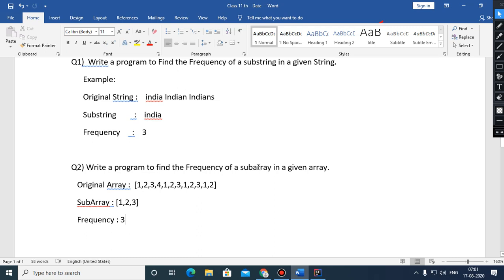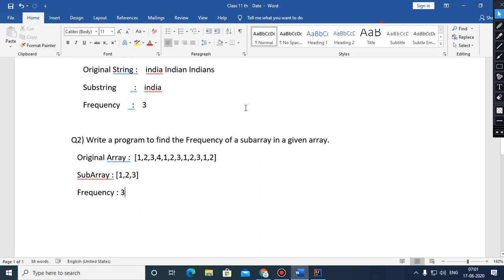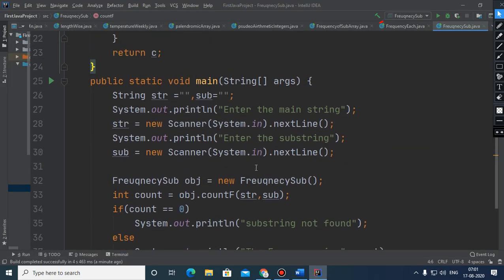So children, if the logic which we have used in order to find out the frequency of the substring, if the same logic we can implement with arrays, then the same logic will be called the generic code. So let us see what are the changes which are needed. So first of all, here we need to have two arrays. One is the main array and another is the sub array. And one thing we need is the size of the first array and the size of the second array.